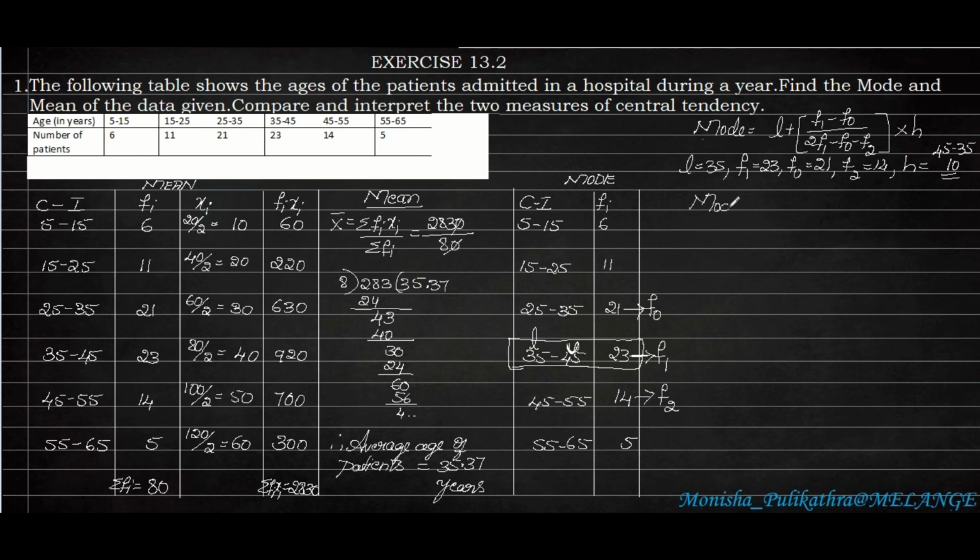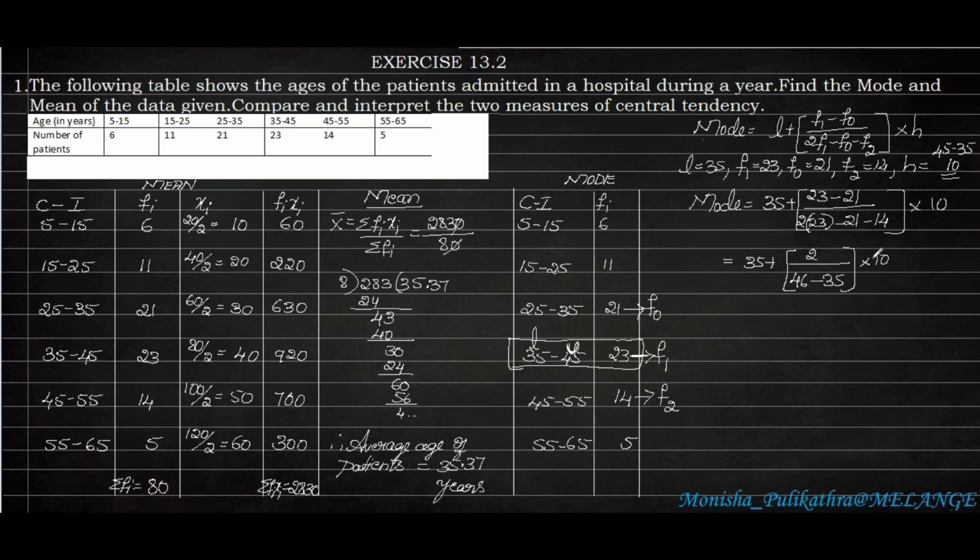Okay, so mode is equal to L, L is 35, plus (F1 is 23 minus F0 is 21) whole divided by 2 into F1, F1 is 23, minus F0 is 21 minus F2 is 14, into class size H, 10. So next, 35 plus 23 minus 21 is 2, divided by 2 into 23 is 46 minus, here minus into minus is plus, so 21 plus 14 is 35,